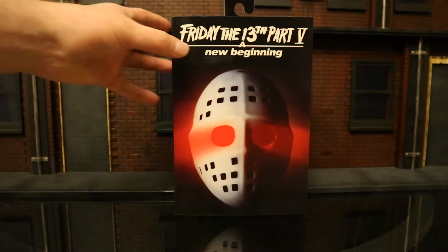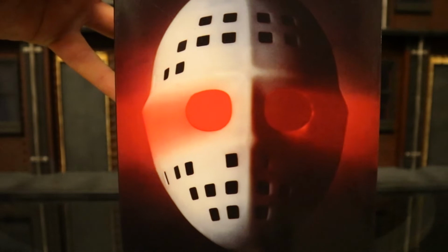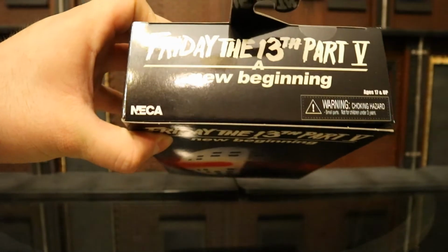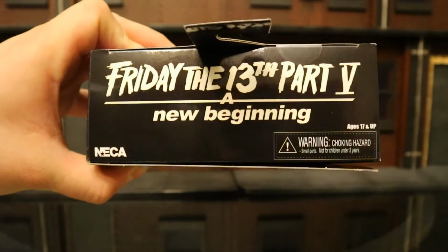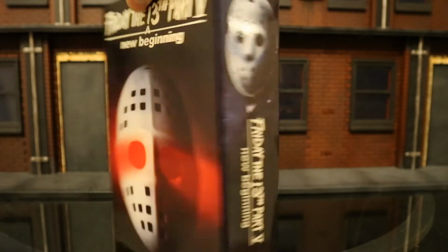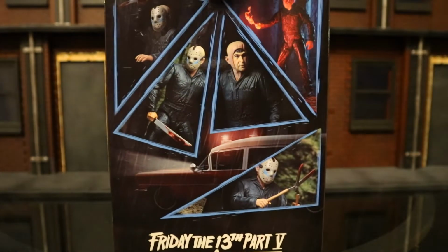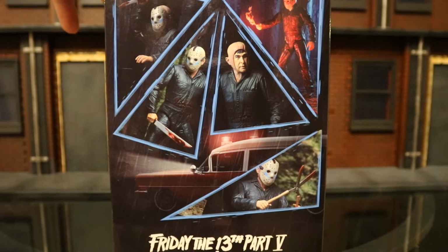So let's check out the packaging here. As you can see, Friday the 13th Part 5, New Beginning. Got the hockey mask on the front, the top. Friday the 13th Part 5. Side, pretty much same thing, except we got the guy up here. Other side, exactly the same thing. On the bottom, we do have a barcode in case anybody needs that, as well as a bunch of credits. And then on the back, you can see here he is using several of his accessories, just doing his thing,